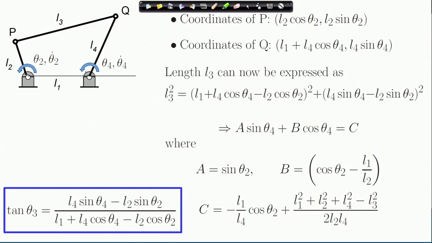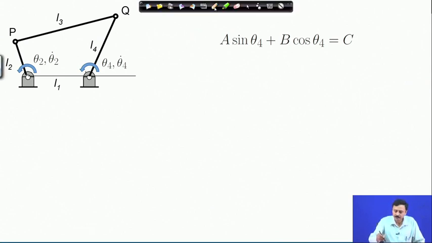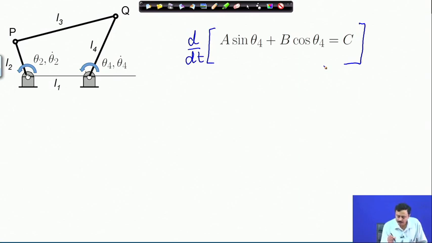So, let us proceed further. So, this is our expression that relates theta 4 with theta 2. So, A B C has theta 2 as we have just now seen. Now, if we differentiate this with respect to time, so let me do that. So, if I differentiate this whole expression with respect to time, so I have,